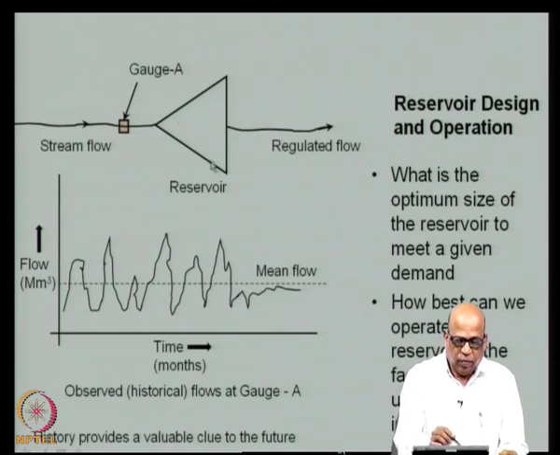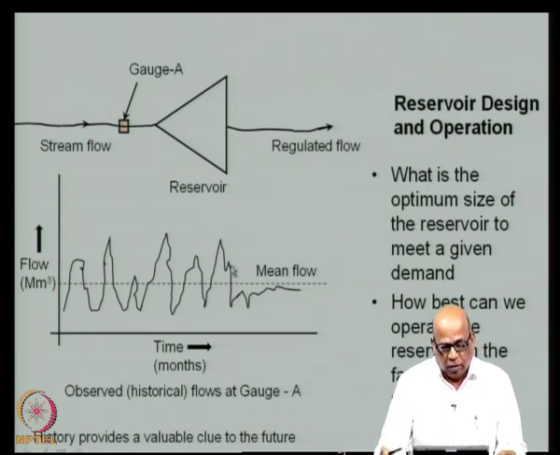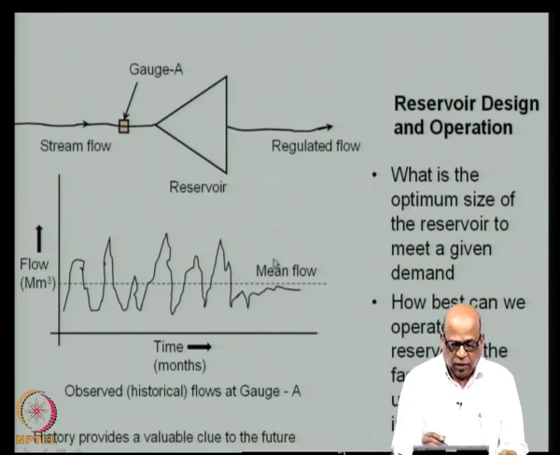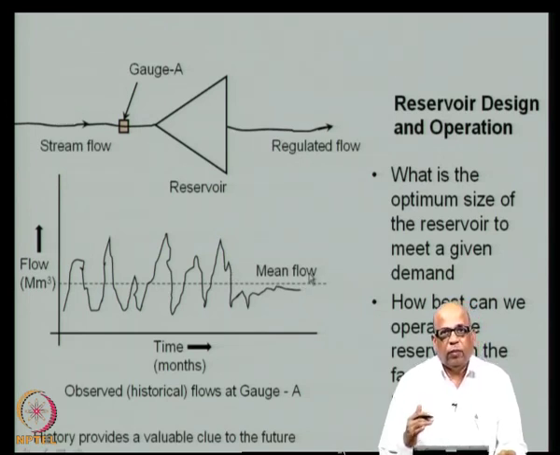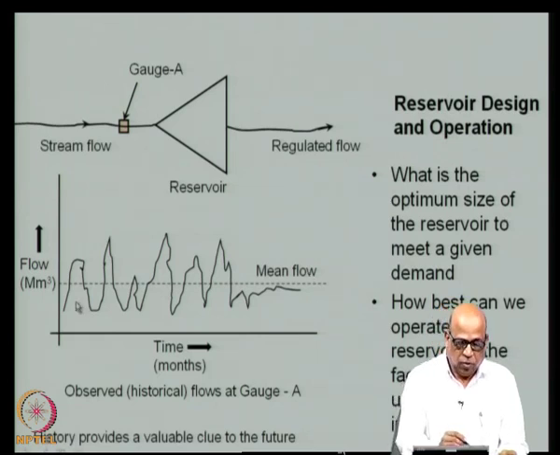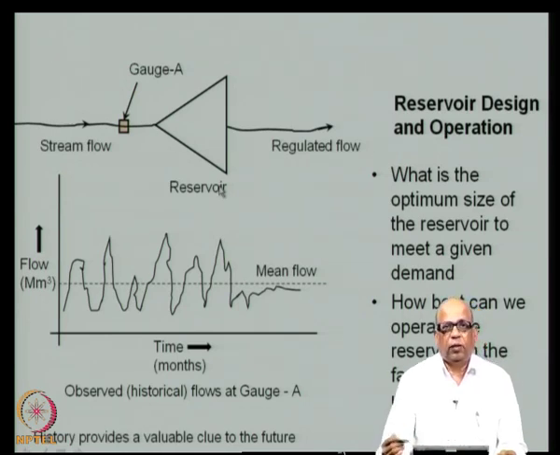In answering such a simple question, you need the hydrology of this stream. First of all, you look at the flow and how it is fluctuating. Typically, you have a mean flow around which the flow is fluctuating. So, one way of doing it is simply to design using the mean flow. However, what is important is that you account for such fluctuations. There are periods where the flow is very small and periods where the flow is very large. So, these fluctuations we need to account for through the reservoir.